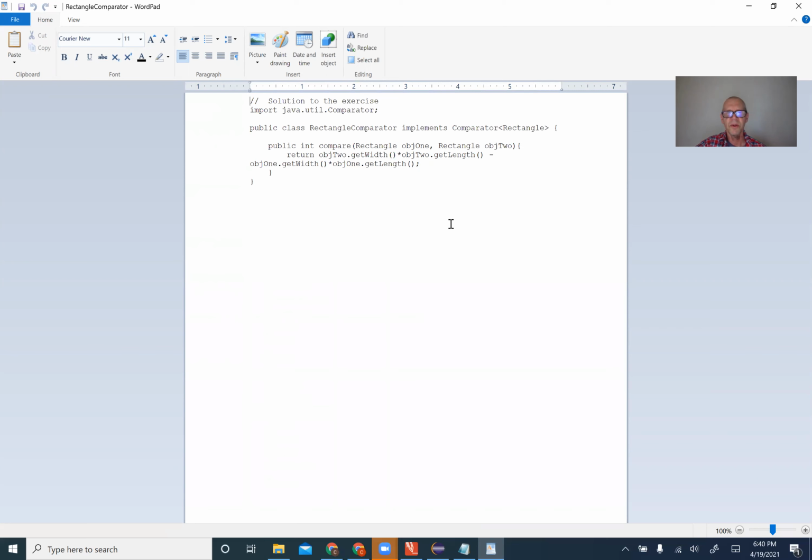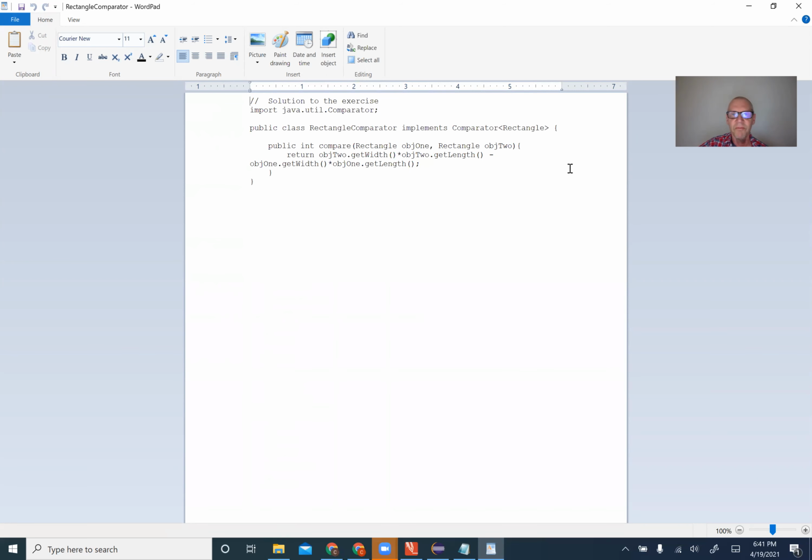Okay, so the return statement returns a positive value when the area of object 1 is less than the area of object 2. And I'll probably ask you to write one or two methods like this. The other thing to notice though is that I'm using the get methods, right? So when you write a compareTo method, you can access the private instance variables, right? Like the String class defines a compareTo method, so the String class has access to all the private instance variables of any string object, but you see here